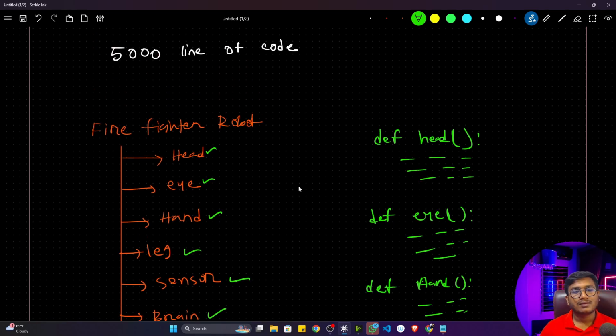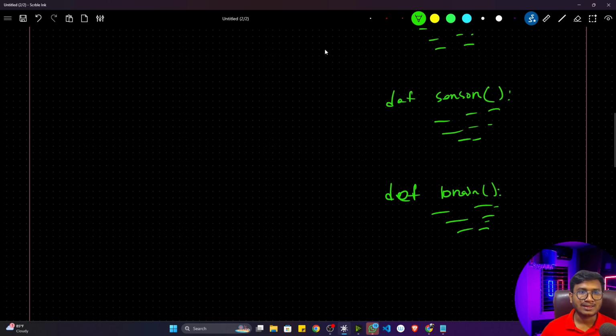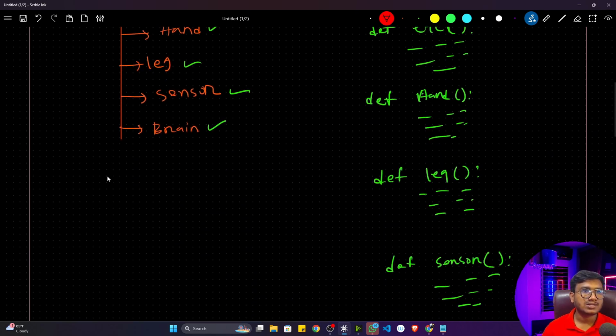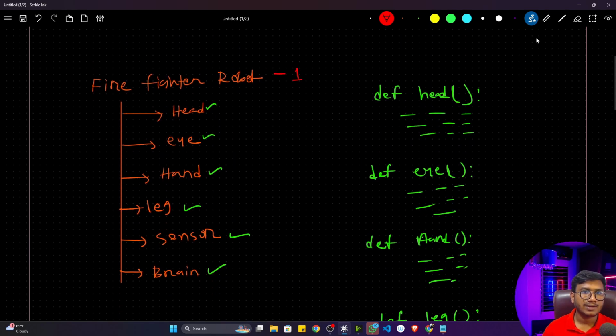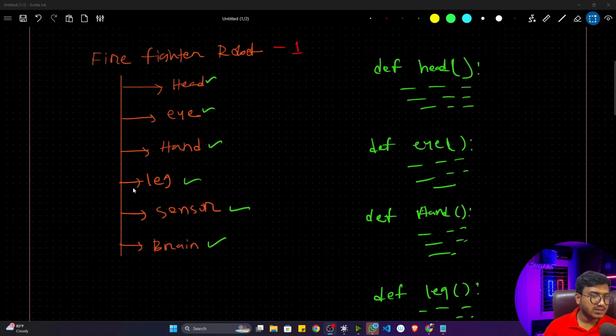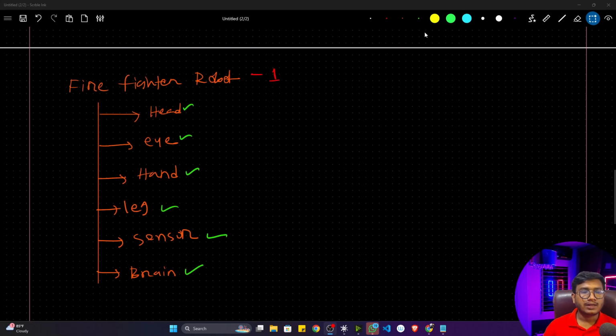Okay, fine. But the main challenge I got was whenever they told me to create another robot. Let's say this is robot 1, the firefighter robot 1. Now they told me to get another firefighter robot. So what I will do, I'll just try to copy the same functionality as it is. I just copy pasted this one here because I don't want to write again. Then they told me to create another robot which will have the same functionality.